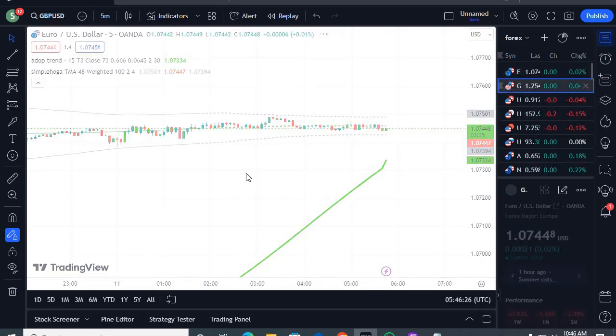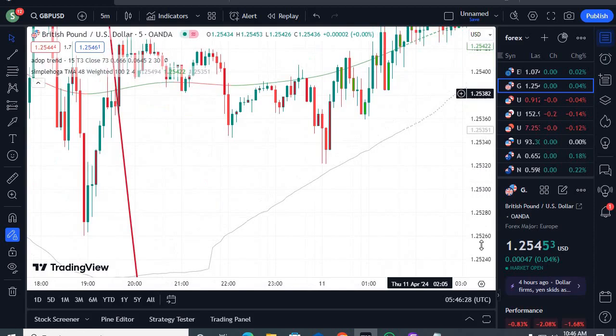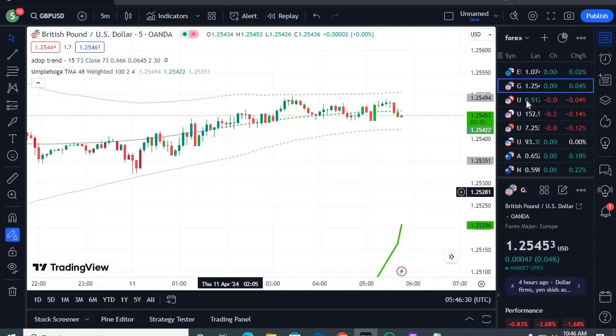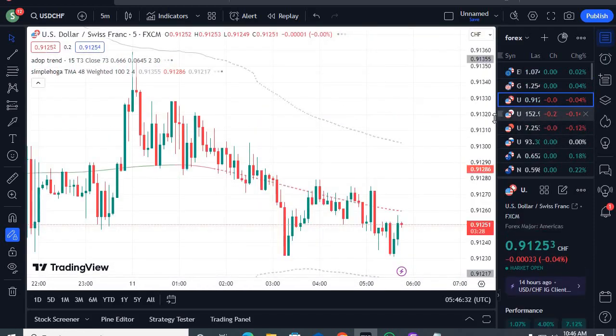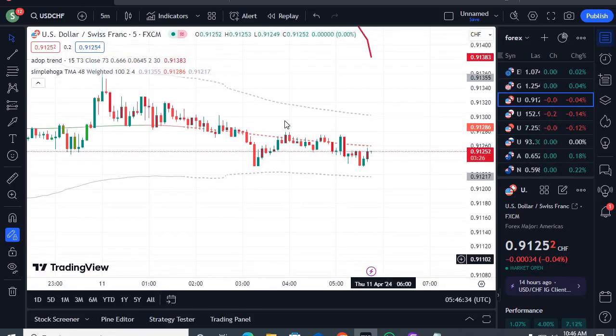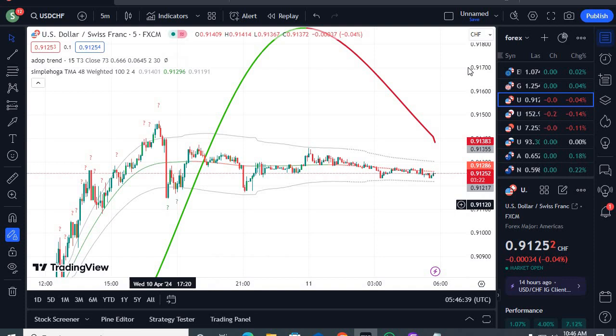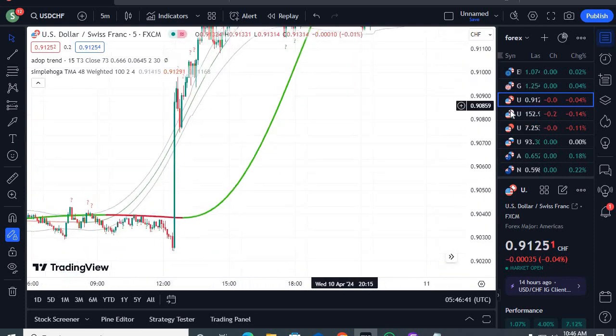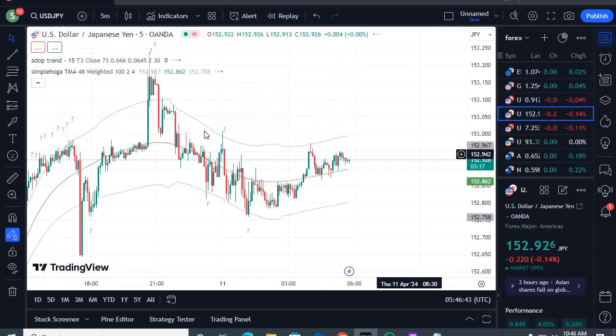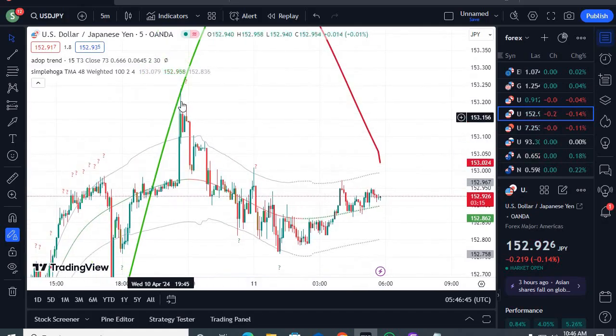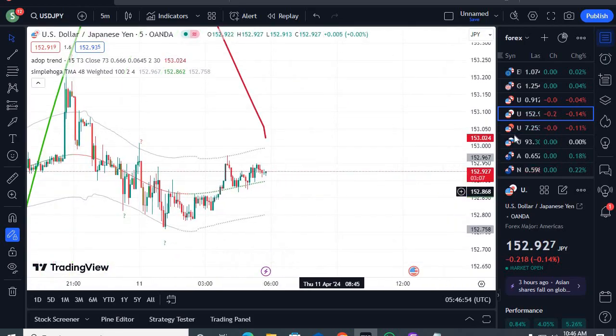Let me show you a live demo. Hopefully we will get some signal. No signal here, no signal here. No signal here actually, but this one is a buy signal and this one a buy signal and so on. So we are looking for the live demo, hopefully we will get one. Yes, we got the signal here and you can see you book profit. This is again a signal, you got the profit and you can go for the sell trade from this point and book your profit here.